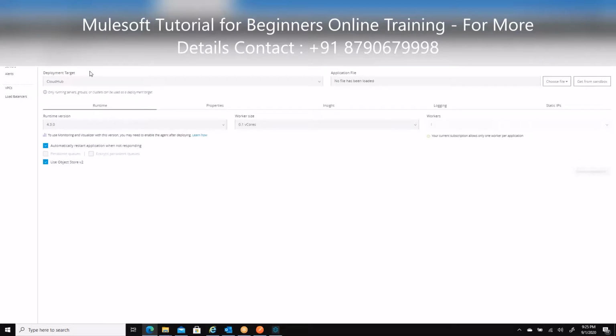So here we provide the application name, type some name, like test application. It expects some naming convention. Can you type some more? Actually, that is not meeting the criteria for the file name. Yeah, test application, right?